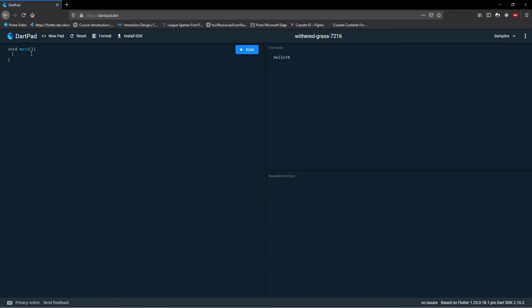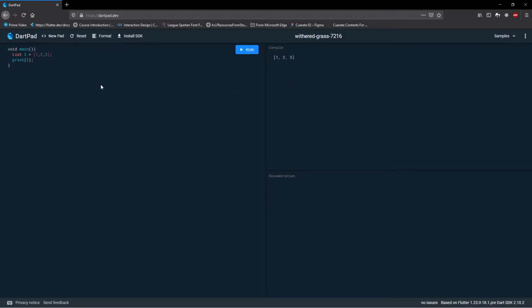Next we have a couple more data types that you will use, which are important. As you know, other programming languages have things called arrays, where you store a bunch of elements of similar data type. Dart has something similar. It is called a list. So list L is equal to 1, 2, 3. Print L. All right, now if I hit run, it is going to print 1 comma 2 comma 3.